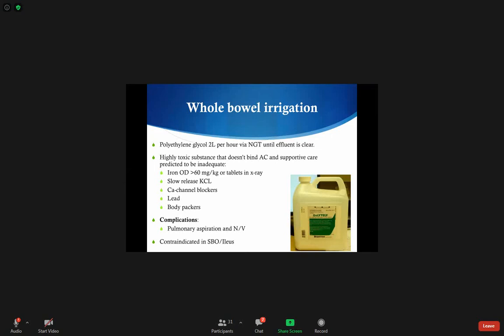Okay, we use it usually for highly toxic substances that don't bind activated charcoal when supportive care is not enough. A good example of this, and you're going to see this most of the time, you're not going to see whole bowel irrigation in other medications. Mostly you're going to use it for iron, and usually a big dose of iron, more than 60 milligram per kilogram. For extended release calcium channel blockers or extended release potassium, lead poisoning sometimes, and body packers. These are